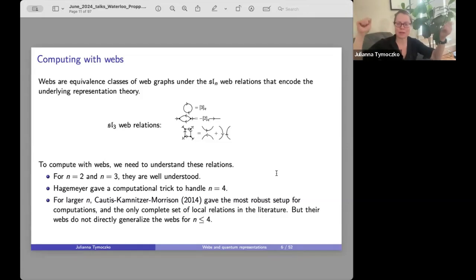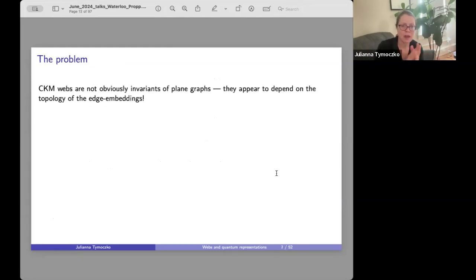These are sort of a representation theory distinction that you can basically just avoid because of small dimension issues for SL2 and SL3, but that becomes more and more important the larger n gets. And the issue with that is that there are no tags here. So the sort of things we would like to say about webs from a graph theoretic point of view don't really entirely make sense anymore in the Cautis, Kamnitzer, Morrison framework.